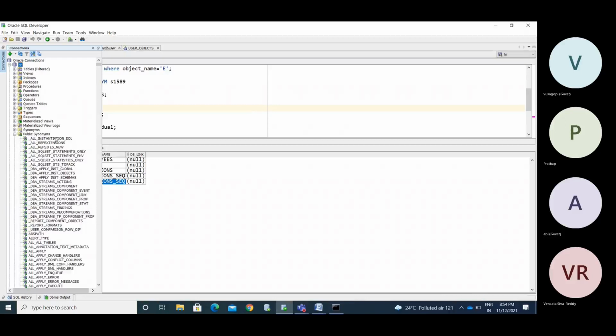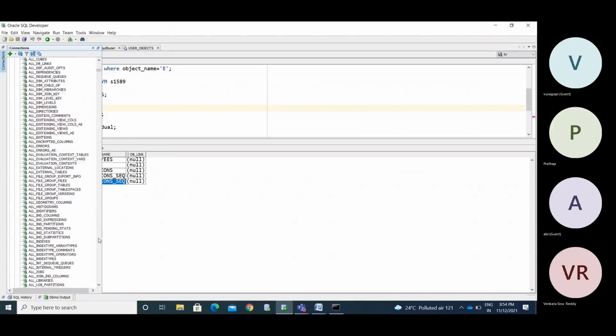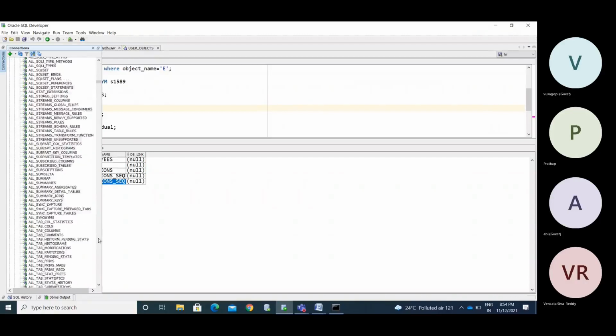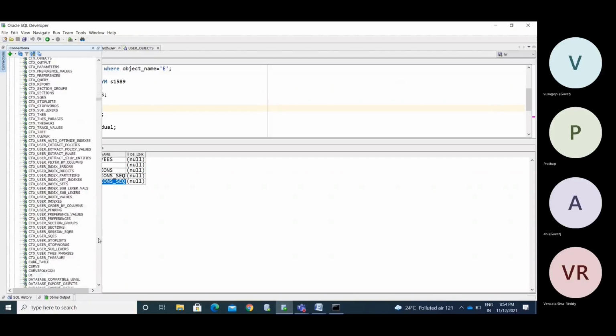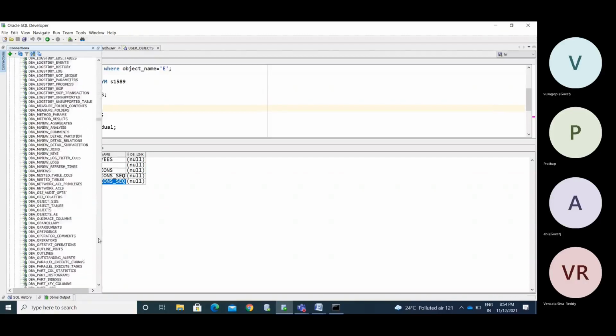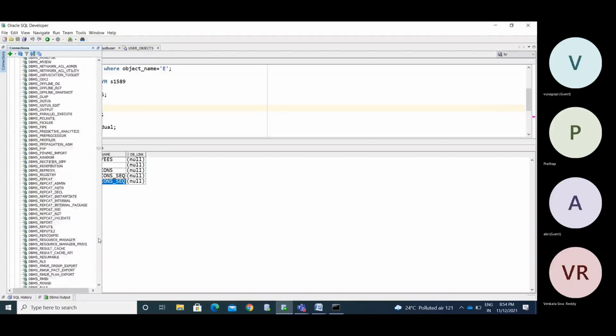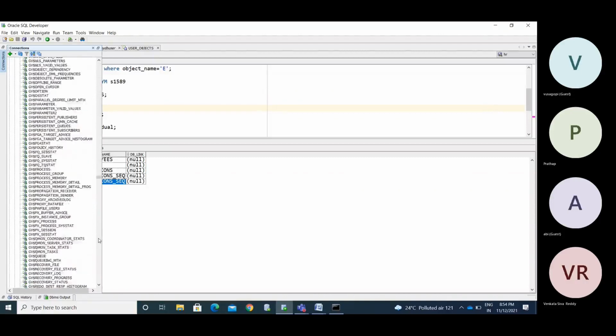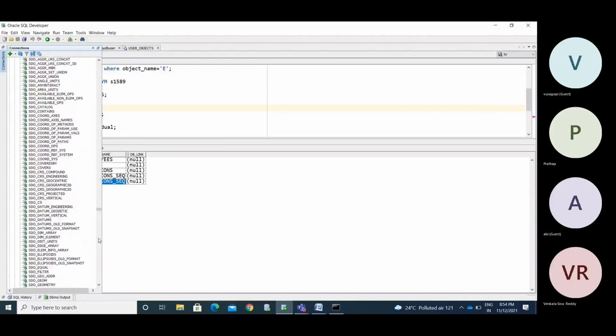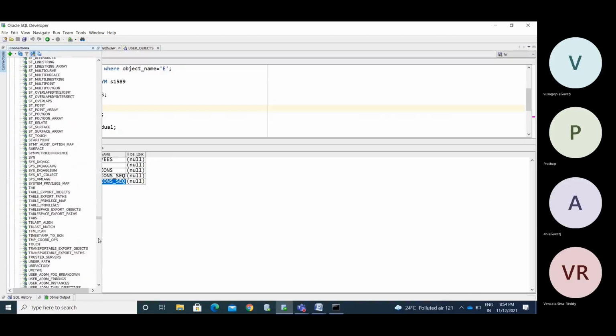The synonym we created, 518, you may get in this. Definitely you may get it in this.